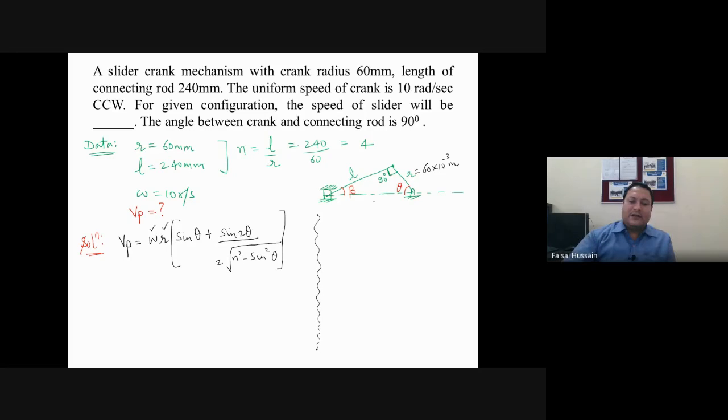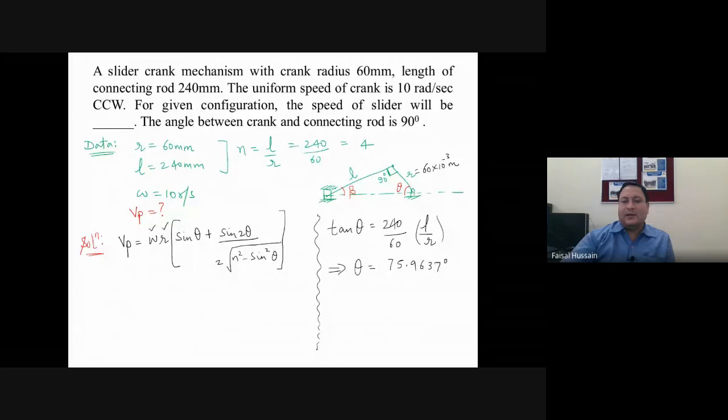By using the trigonometry. Trigonometry means in this triangle, tan theta equal to what? So tan theta will be 240 by R, that is 60. So from here you can find theta. Okay, 240 means this is L and this is R. So it is